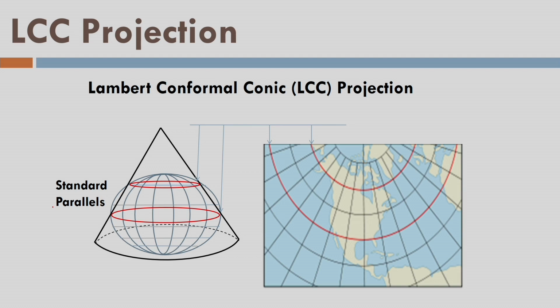Fine. If I look at how these are projected on the surface of the cone, you can see that the parallels of latitude, which appear almost parallel to the equator in circular form, when projected appear as a curvilinear line on the map surface. So the same red lines are denoted by the red lines in the map projection, and some arrows are indicating how they are being transferred. That means once you project your ellipsoid onto the conic surface, cut it, and unfold the conic surface, it will appear like that.